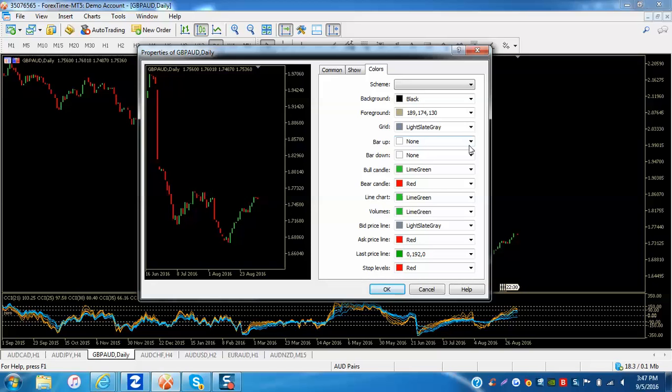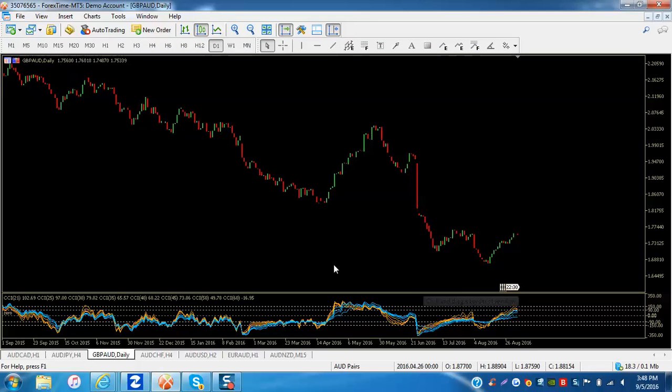If it doesn't have an option for none, I think MT4 is the same way, then you just set the bar to the same color as your background. So I have a black background, so I would just set the bars to black and you just won't see them. But in this case, I just set it to none, okay? And everything else stays the same. So that's how I did this.